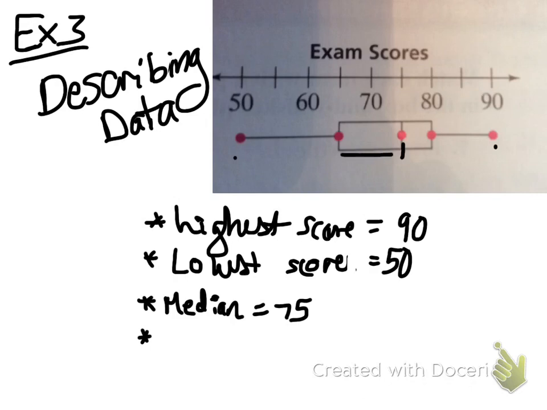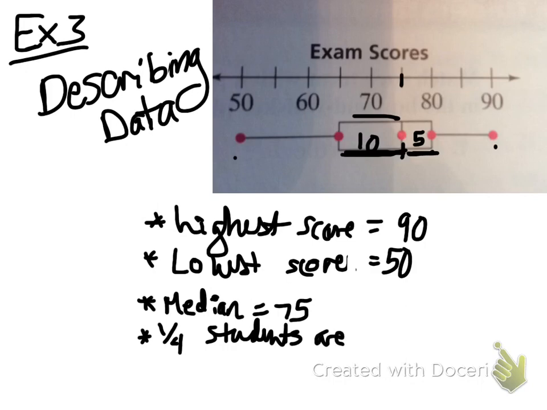You know that at least half the data set is within 10, right, from 65 to 75. Within 10 points of the median. You know at least half, and at least another half of the scores is within 5 points of the... sorry, not half, a quarter, right? So a quarter within 10 points of reaching 75. At least a quarter of the students are within 10 points of reaching the median score,